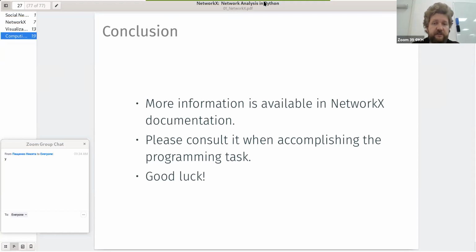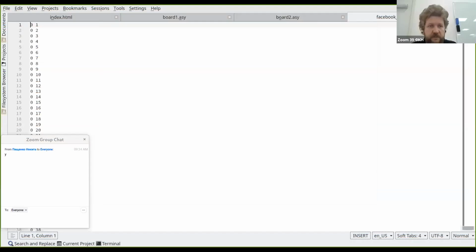Now I'll stop sharing the slides, and I will open the notebook, it's called NetworkX. I will open this first. I will show the Facebook combined dataset. So let me show it also here, share screen. This is how the